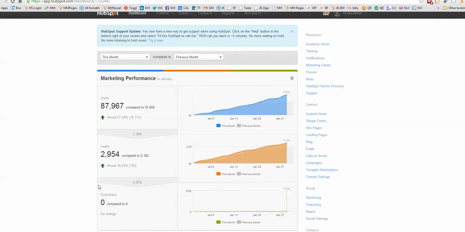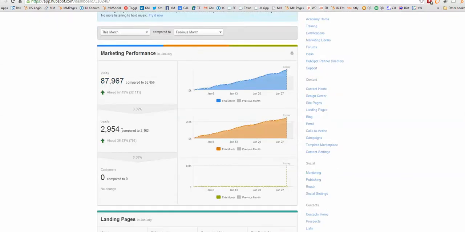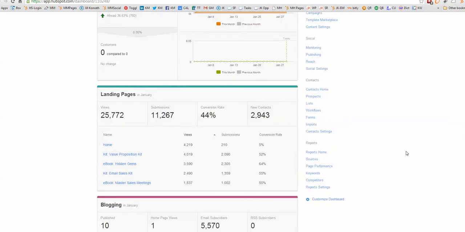And also, if you were tracking customers in the system, you could look to see if you're getting customers too. HubSpot has contacts that are actually integrated with the system, so you can come in after you get a customer and say that, yay, we got a customer, and then that helps you figure out what sources and activities are getting you the most customers. But anyways, so I look at visits and leads, and then the other thing I want to look at is,